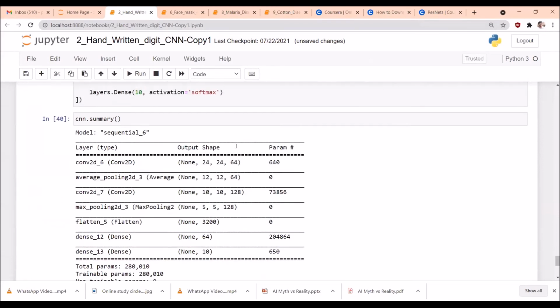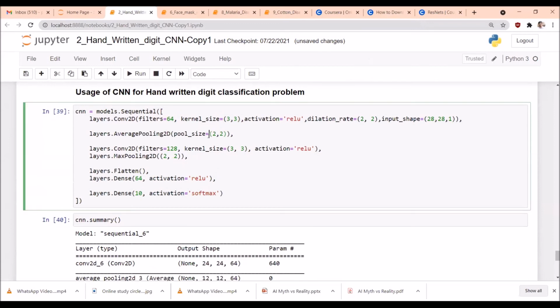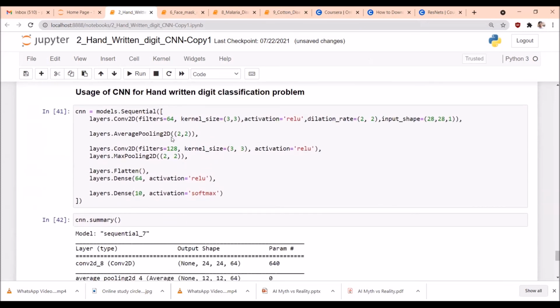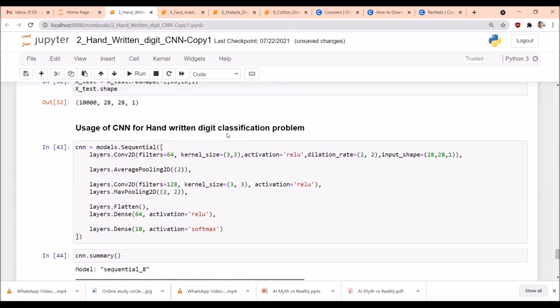Again, we execute, see, 12 by 12. The pool size is also not required. Even if we give a simple 2 by 2, the AveragePooling2D layer of Keras can understand that we are giving a filter size of 2 by 2. Now we execute, and the output is the same.